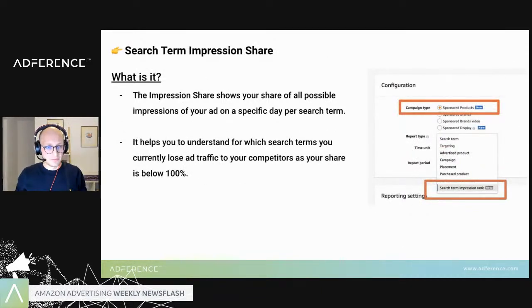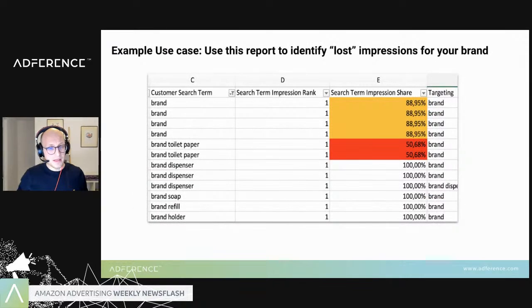Impression share helps you to understand, just to get this clear, for which search term you currently lose ad traffic to your competitors, as your share is below 100%. And let's have a closer look at this. The example use case here. So this is